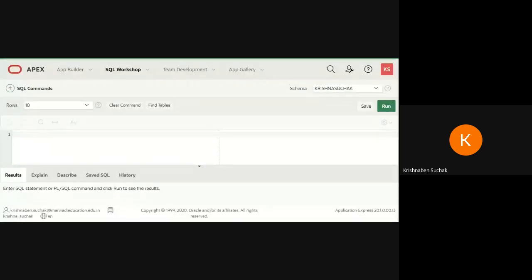So now we are moving with the next part of practical 2. In practical 2, we have to perform a few queries on the tables which we have created in practical 1. The first and second parts, that is account and loan, we completed in our last lab, and now we are moving with our next part, that is installment. If you have not created this table, then create the installment table.